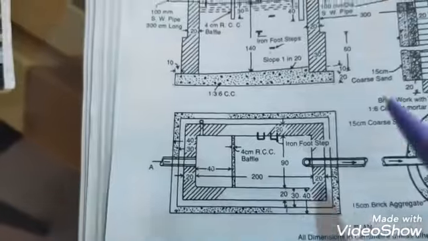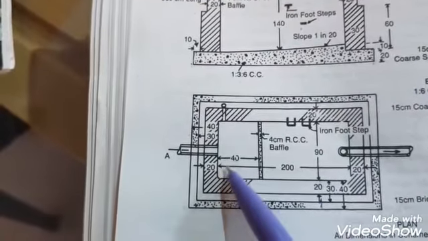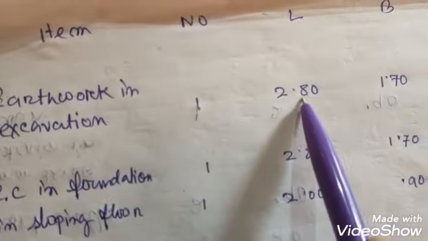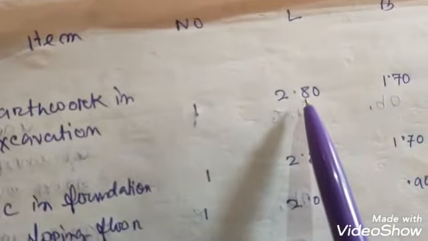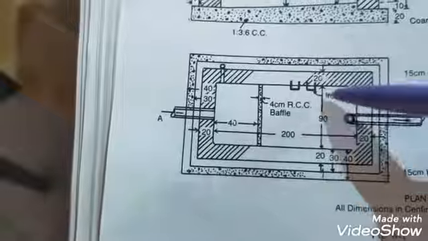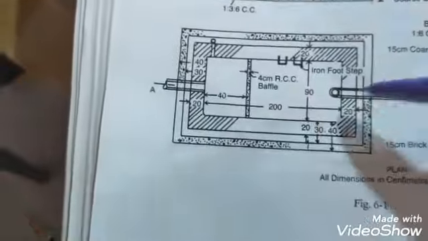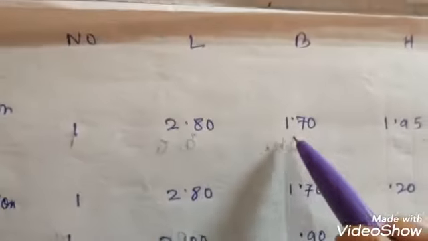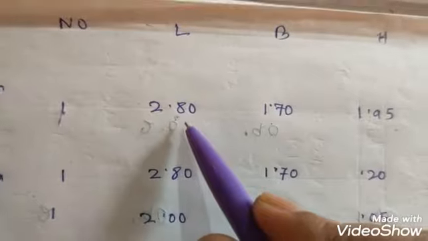Or you can find it out this way, that the inside dimension of the length was 2 meter, but the outside dimension is 2.8. So how much more? 2 meter the inside and outside is 2.8. That means 0.8 meter more. What is the inside? 0.9. So 0.8 meter more. 0.9 plus 0.8, 1.7. So breadth is 1.7, length is 2.8. Okay. Now let us find the height.